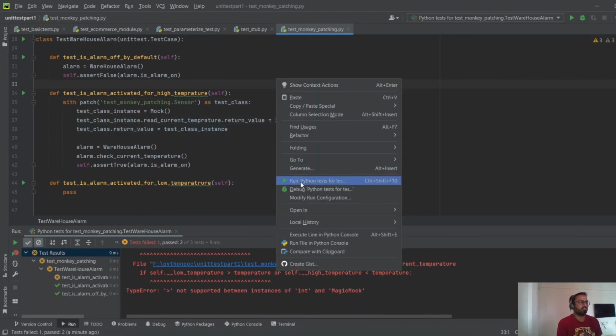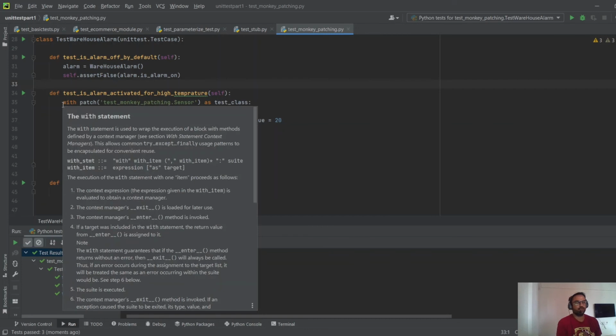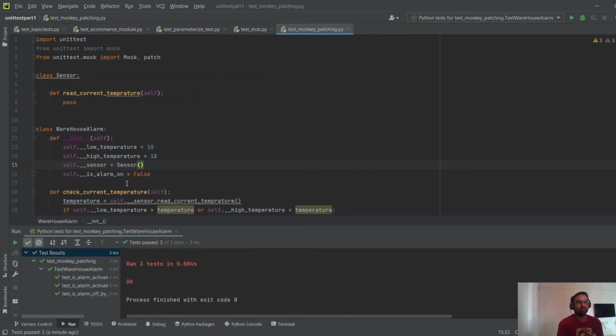So if I now run this test class, you see the test has passed. Just to recap what happened, because this is a lot to process: the first assumption, which is why we use monkey patching, is that unlike the test stub, we are not allowed to change the implementation of the warehouse alarm. So we had to simulate somehow the implementation of this sensor class, and to do that we use a strategy